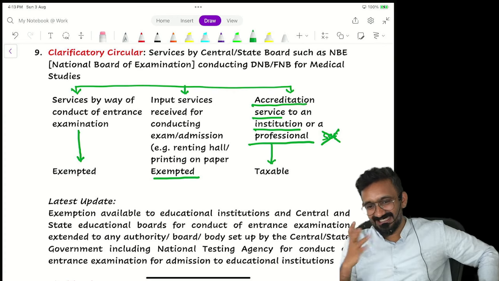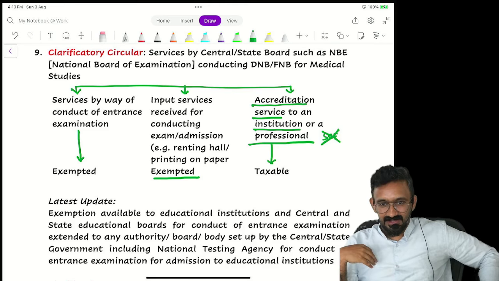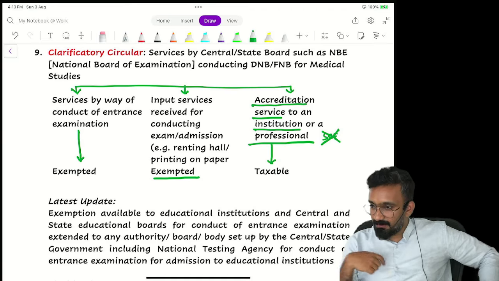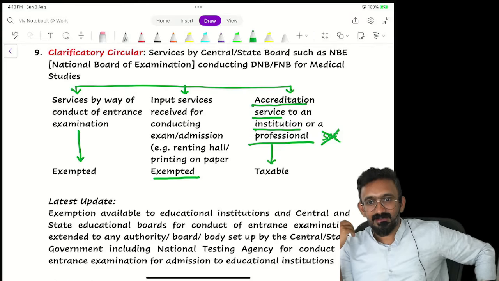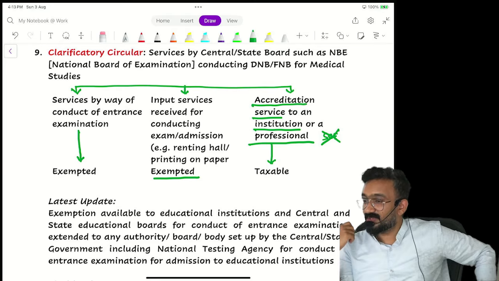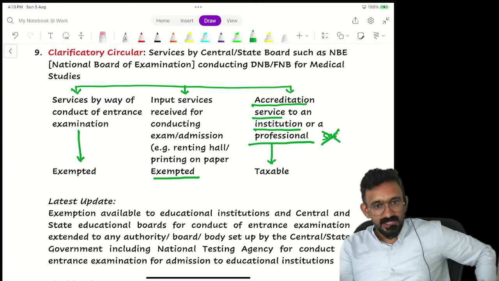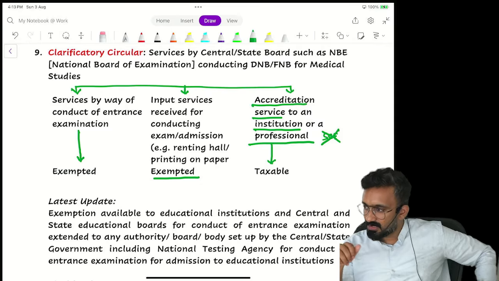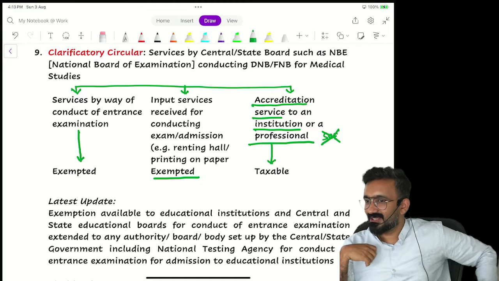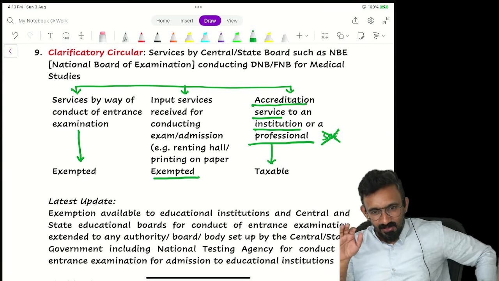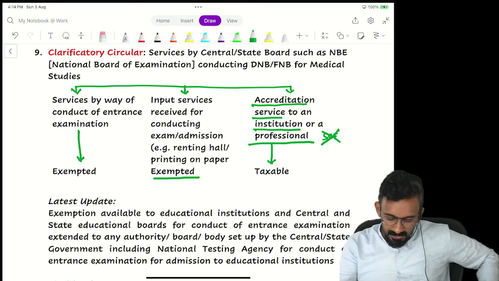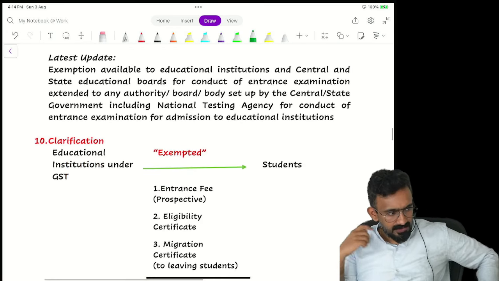No. Am I getting services from ICA like training? Am I paying money? I am paying money, right? I'm paying money for what? As a member, to keep the membership, I'm paying the fee. This is a service provided by ICA to a professional. Is a professional considered to be SSF? No. Taxable or exempt? Taxable. I have to pay GST for the membership fee. Understanding? It's only till students you are having exemption, because it's specified supplier, specified recipient. That's how you interpret.